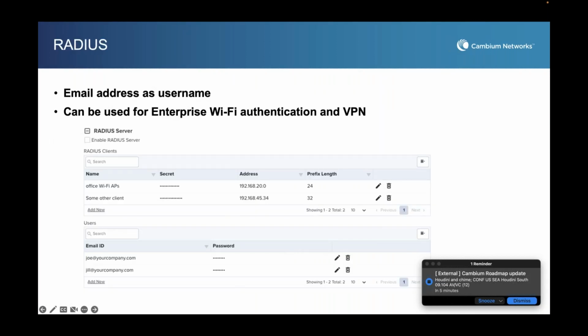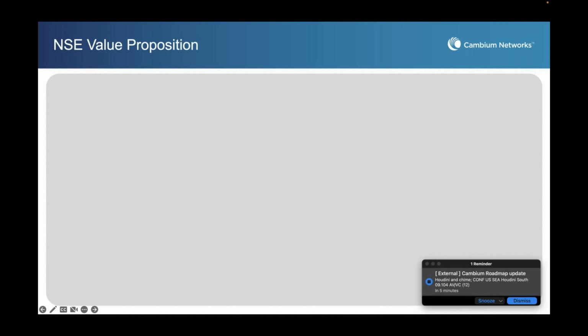On the last one, which is the network services, just talk about what's the benefit of having a built-in radius, right? Typically, companies will use an external radius server for WPA2 authentication for wireless devices and users. Now, because you've got a built-in radius server, you can use the same credentials for VPN access. So that's a nice tie-in, and you don't need an external radius server. It comes built in.